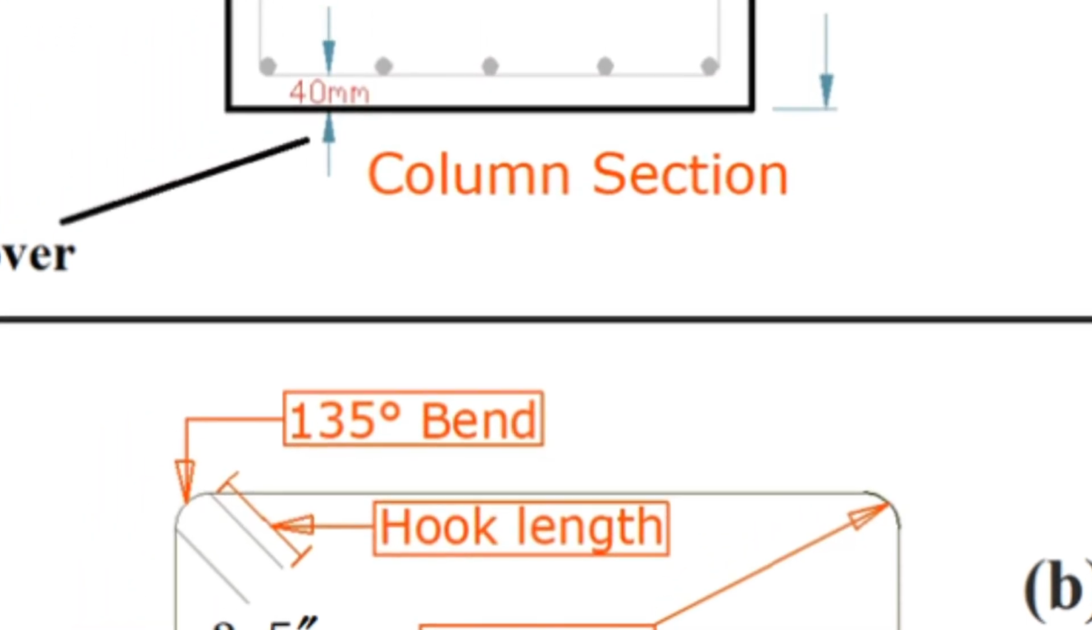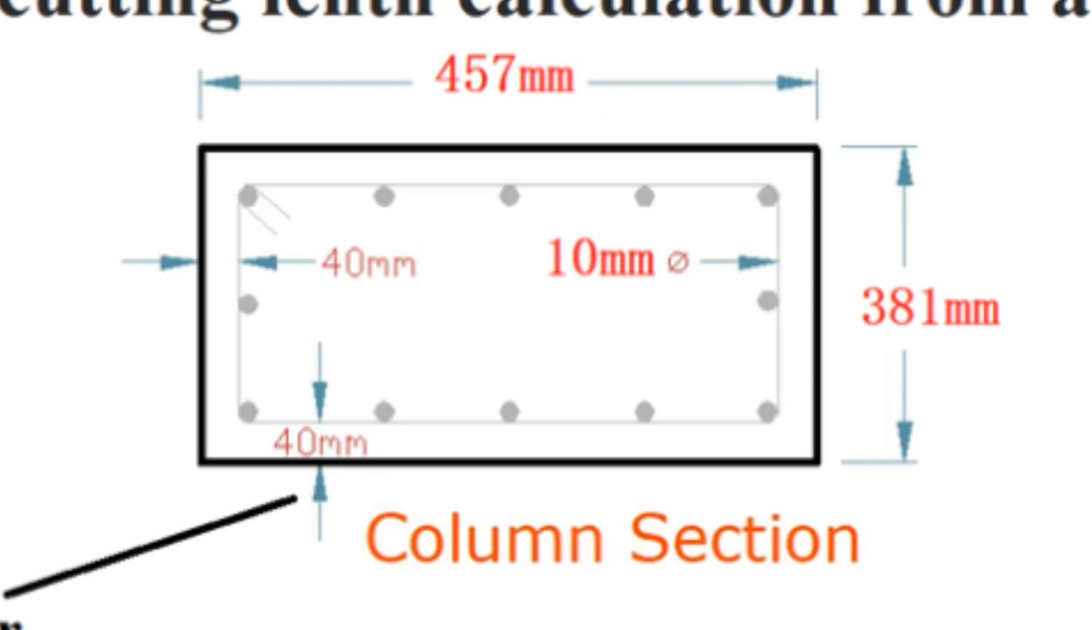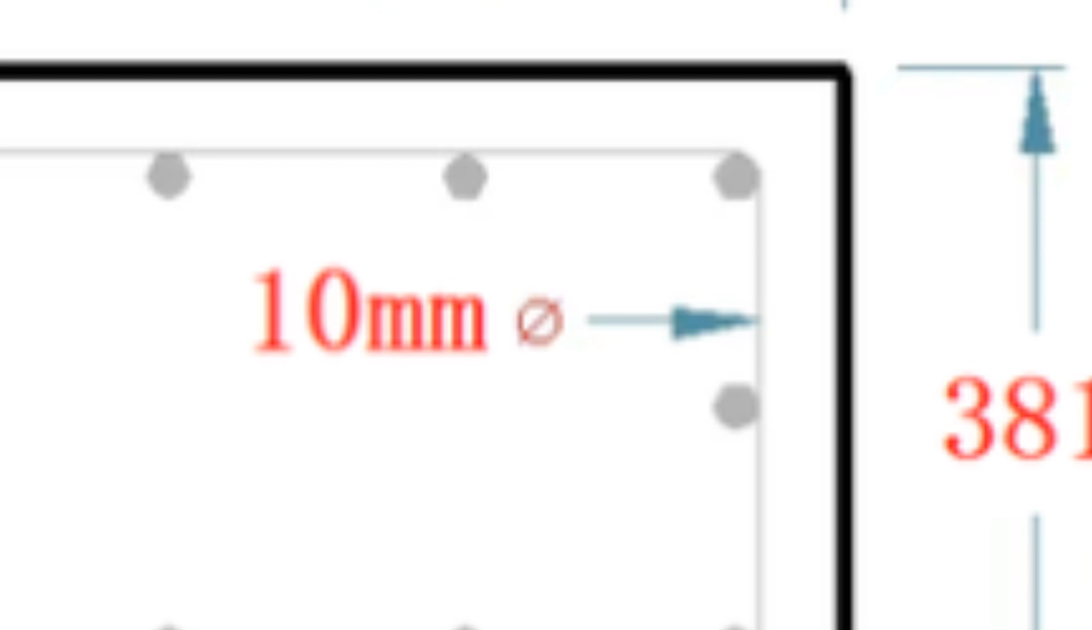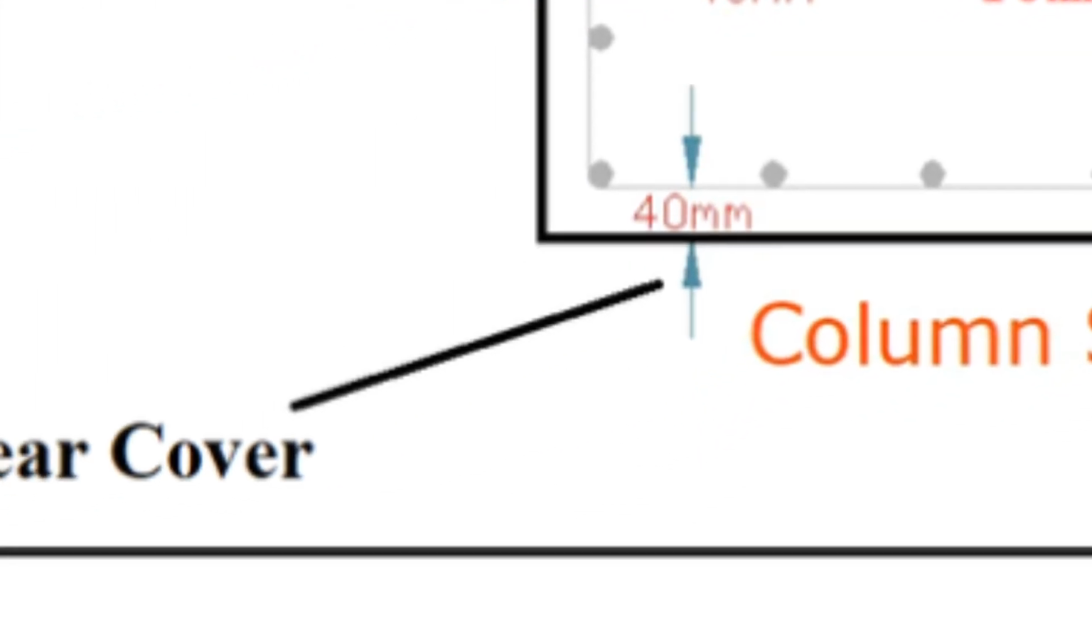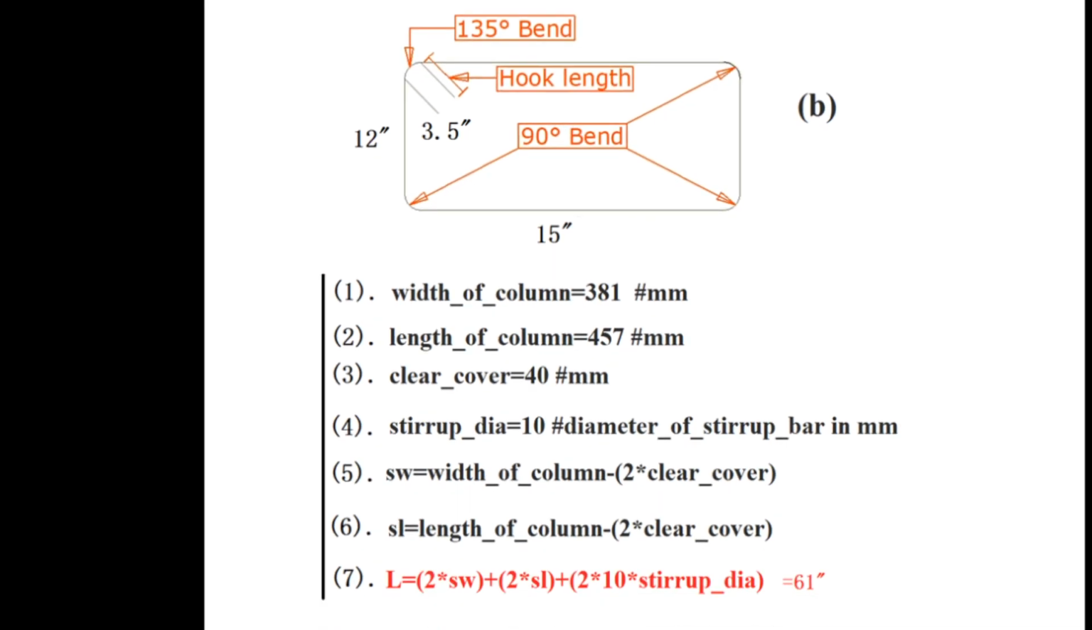On the top, along the two dimensions of the stirrup, we have two other parameters. One of them is the diameter of the bar that is used for making the stirrup, which is 10 millimeter, and we have the clear cover. Clear cover is the gap between the stirrup bar and the outer boundary of the column, which is 40 millimeter in this case. So in figure B, at the bottom, we see that the calculations are given in 7 lines,